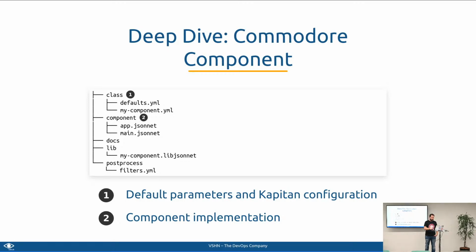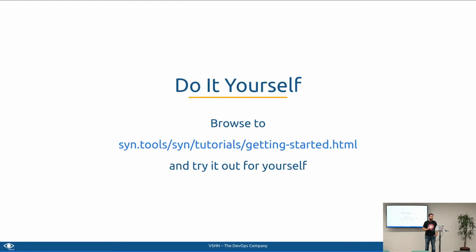So that was a very quick introduction to the project itself. Usually you learn a lot when you do it yourself, not just by listening to some slides and stuff. So we wrote the Getting Started guide, which you can do on your own. It's a step-by-step guide. When you have done this, you have a full Project Syn instance up and running. It takes around half an hour, I would say.